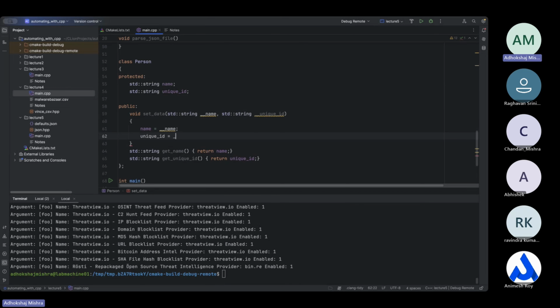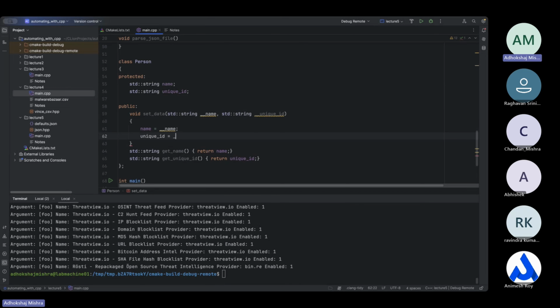I can put it like this. I can do something like this, and then I can obviously print it something like this: p dot get name,